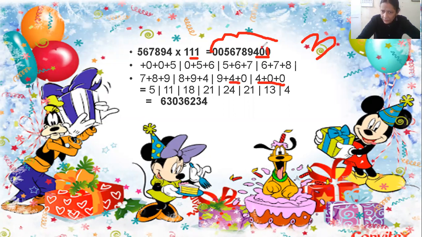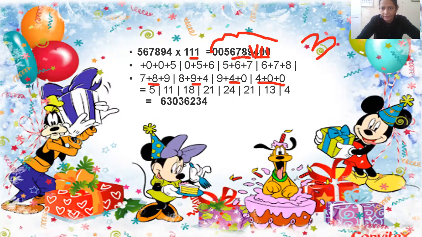Again, what you will do is ignore this 0. I'm going to cut it. Now you look at the next three numbers. What are the next three numbers here? 894. 894 are the next three numbers. So you put the slash and write down here 894. Now you are done with this, so you cut this 4. Ignore 4. What are the next three numbers? 789 are the next three numbers. So put the slash, write down 7 plus 8 plus 9. Now you have done this, so you ignore this 9, cut this 9. Now you look here, what are the next three numbers?